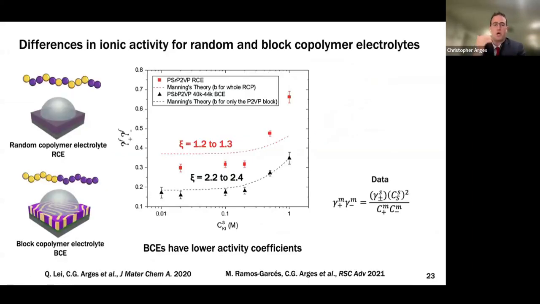So in our work, what we were interested in is: does the microstructure architecture of the film affect activity coefficients? So we looked at a random copolymer electrolyte, where we have non-ionic repeat units mixed with ionic repeat units, and we have a block copolymer system, a system that's been microphase separated. So this black line is the block copolymer, and we saw Manning's theory, the Manning model, was spot on, right? It predicted the data very, very accurately.